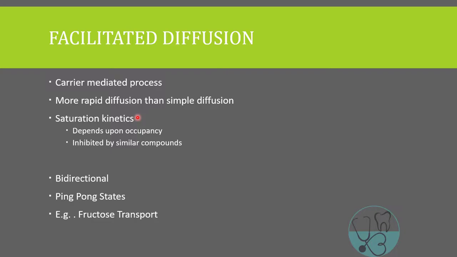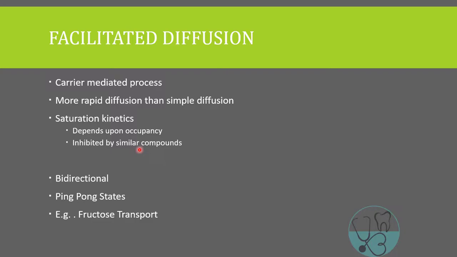The first thing is the rate depends upon occupancy of active sites of the carrier protein, and it can be inhibited by simple compounds which can bind to the active site. So a similar looking substance can bind to the active site and hamper the process, which means it can inhibit. Okay,